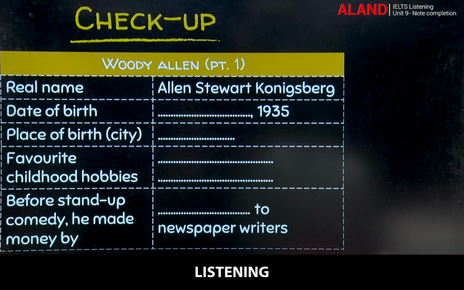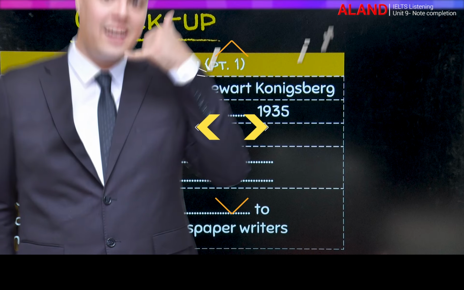When he was 15, he took up the clarinet and became an accomplished player, particularly of jazz music. Allen began selling jokes to newspaper columnists, and in the early 1960s began appearing in comedy clubs, telling his own jokes, and is now known as one of the greatest stand-up comedians ever. In the mid-60s,